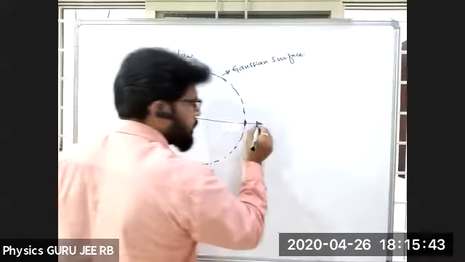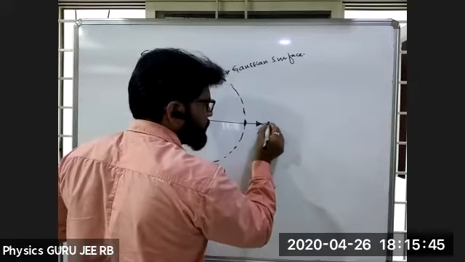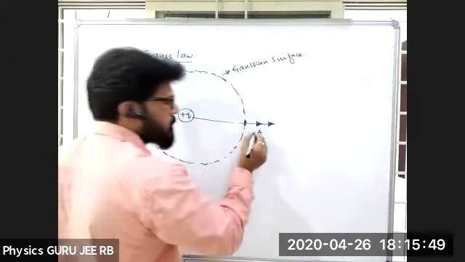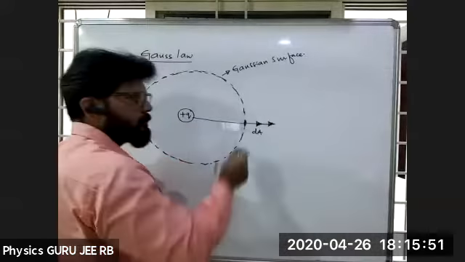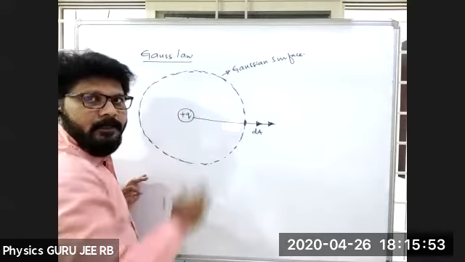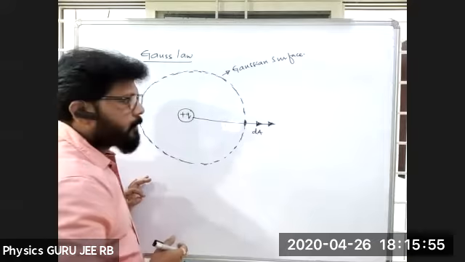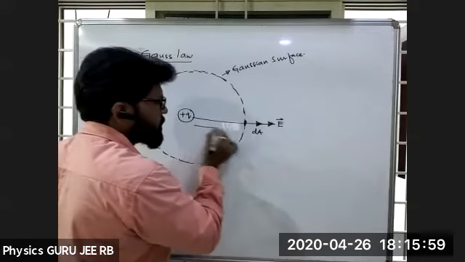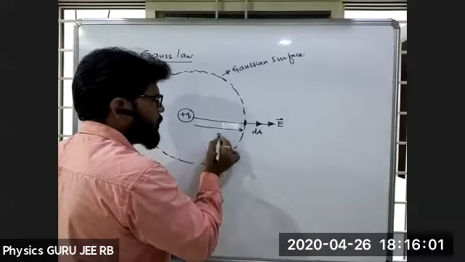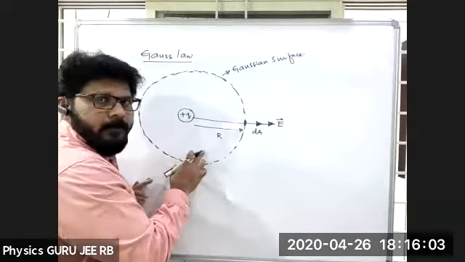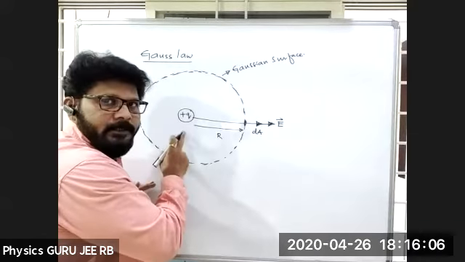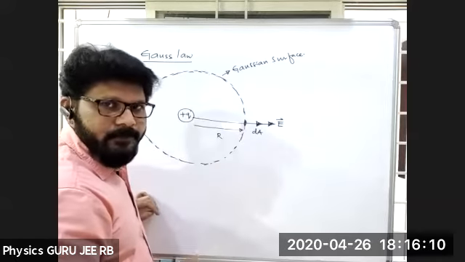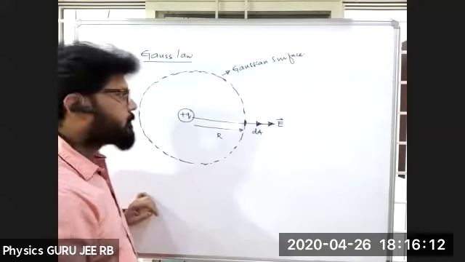And here the electric field intensity is away from that one. This is small dA. If you add up the dA, that will be the area of it. So this will be the electric field intensity. Let me take this distance as r. So what we have to get, as if you treat this as a point charge, E is equal to kq by r square. We have to get the same thing in the end, right?